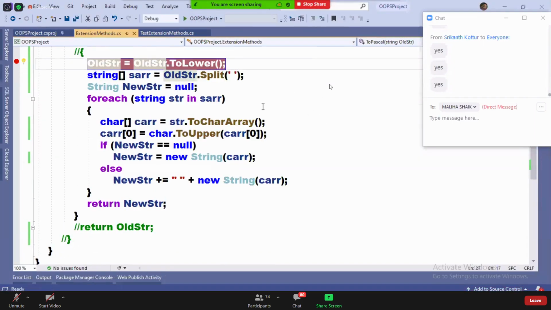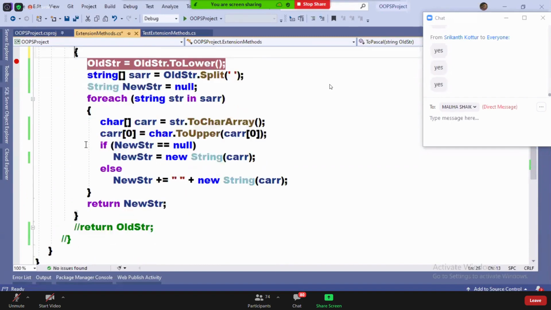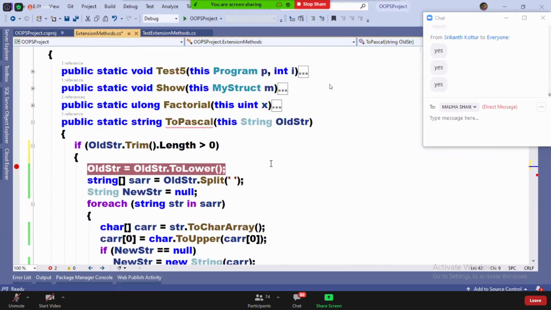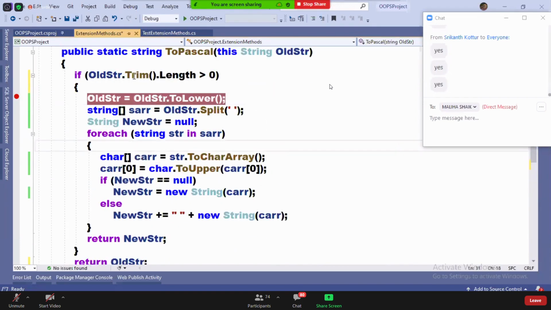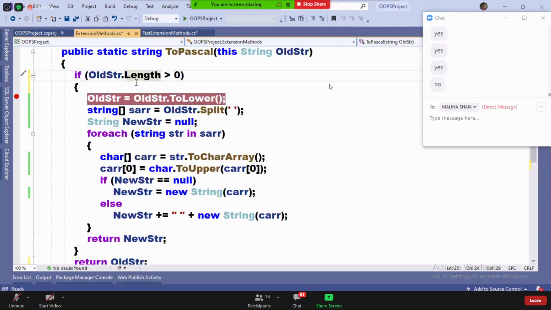To avoid these problems, I have put a condition on the top. What is the condition, guys? Watch. What is the condition? If the length is greater than 0, only then execute this code. So why did I write trim here? I'll tell you why I wrote trim. I did not write trim yet, guys. If the length is greater than 0, execute the code. Now tell me, is the length greater than 0? No. So the length is not greater than 0. So directly it won't come inside.